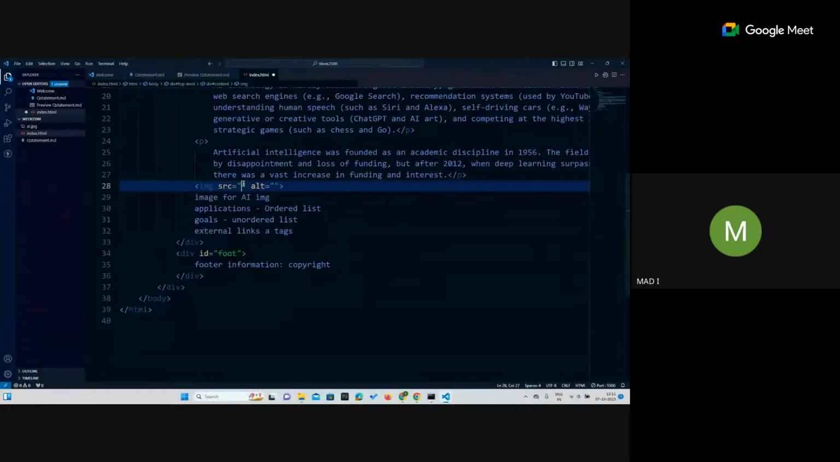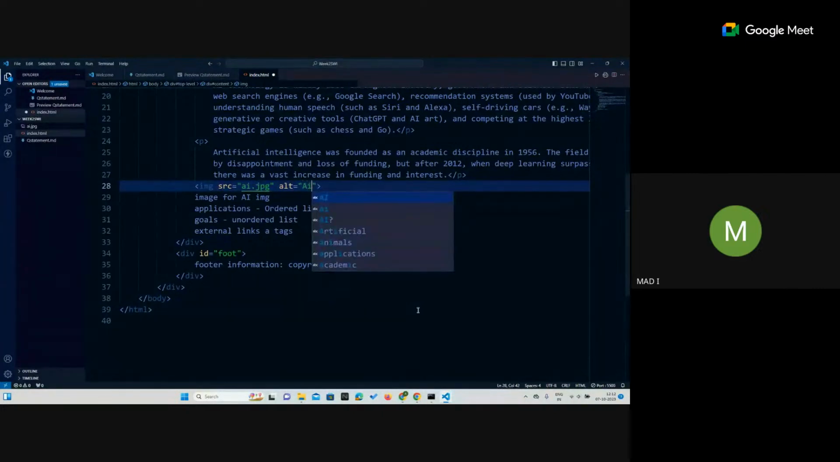In the src, I'll put the name of the image. I don't need to put anything else because the image and the file which I'm working on are both lying in the same directory. So I'll simply write AI, and the moment I write AI, it suggests, okay, are you referring to this image? So yes, I am. All right, so in the src, I'll put the image, and in alt, I'll put what it should show if for some reason the image does not load. All right, so I'll just write AI,